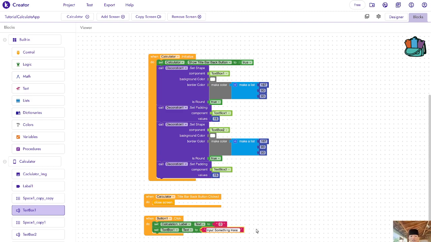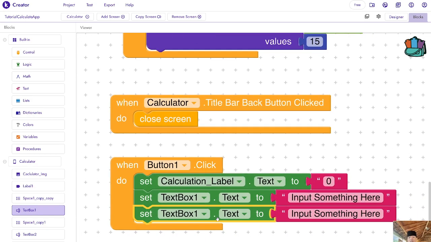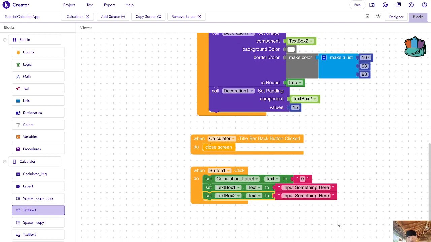So input something here. Why are we going to type that? If they're not going to input something, we're going to remind them by giving this. Button 1, button delete there.